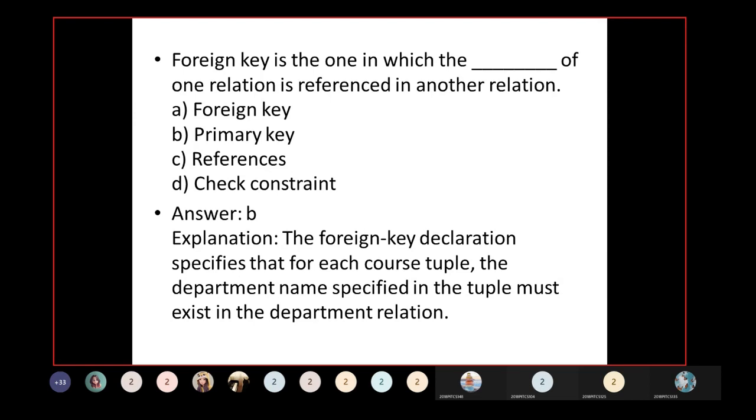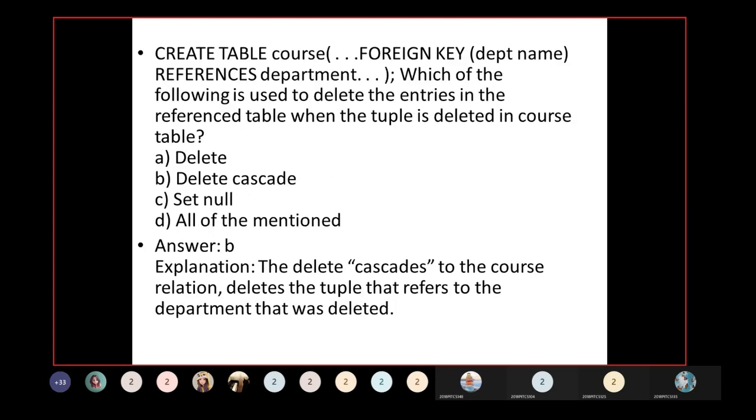Next question is: create table, and the table name is course. Here they are using the foreign key, the foreign key of department references department, which is another table. Which of the following is used to delete the entries in the referenced table when it was deleted in the course table?